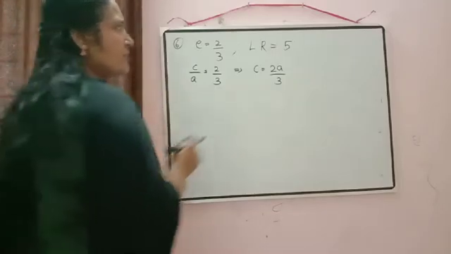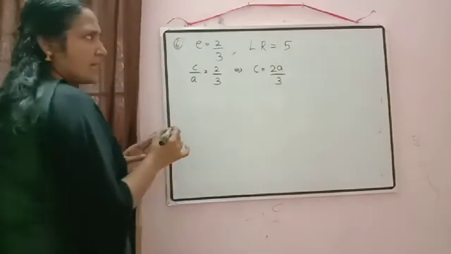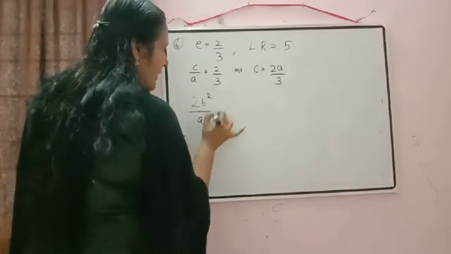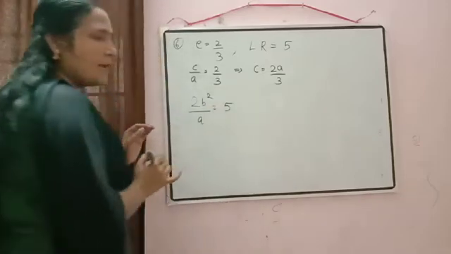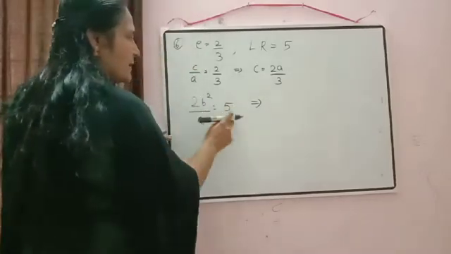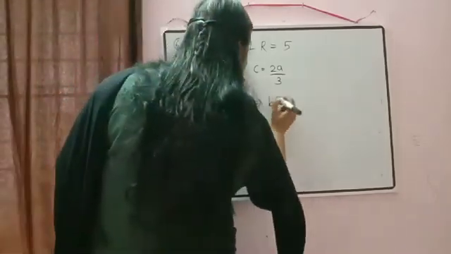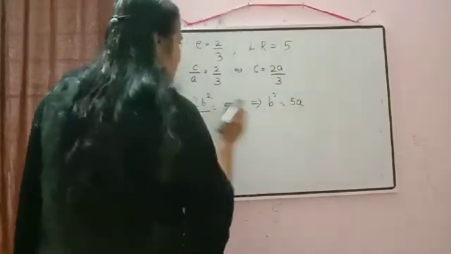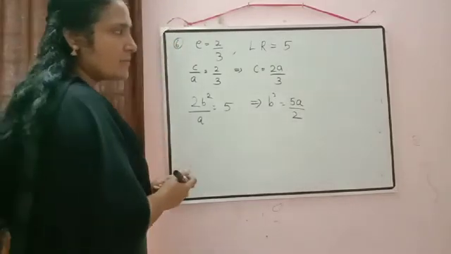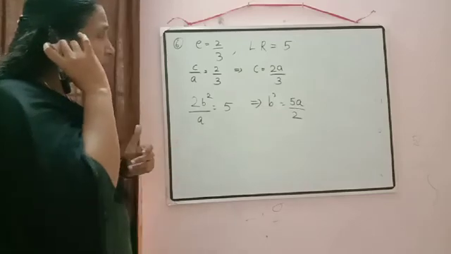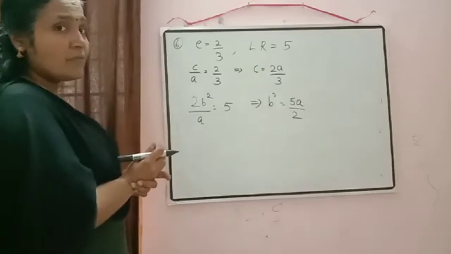Okay, and then what is the information given? Length of latus rectum. So length of latus rectum, that is 2b square by a. So 2b square by a is equal to given 5. Now just to shift this a here and this 2 also. So what we will get? B square is equal to 5 into a, 5a, and this 2 will be in denominator. So we are getting b square is equal to 5a by 2. And from here till now we haven't got any value there.